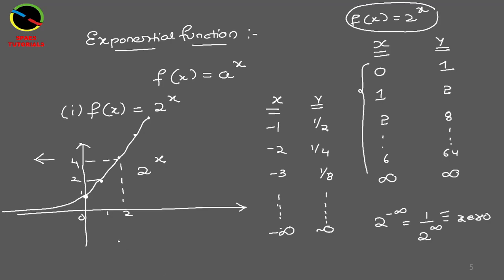Now this graph is never going to touch the x-axis. This x-axis, or another name for the x-axis, is the y is equal to 0 line. This is called the horizontal asymptote. Okay friends, so this is the horizontal asymptote. Similarly, now the graph of f of x equal to 2 power x is very clear. Now let's see the graph for